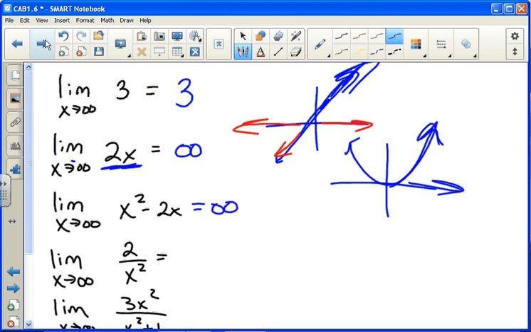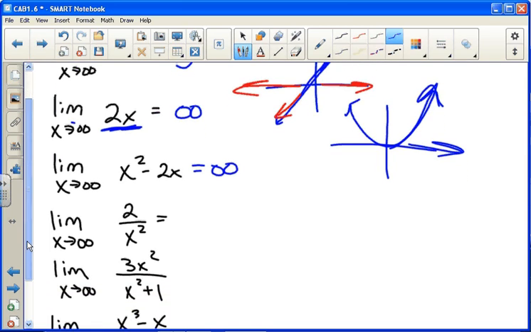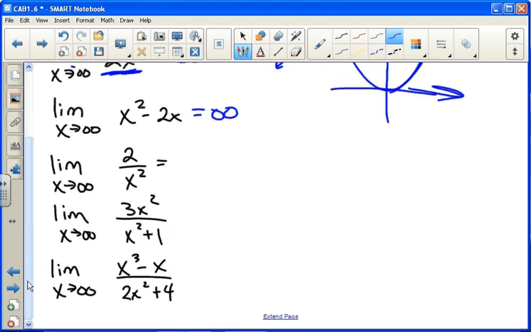Now for the fourth example, the limit as x approaches infinity for 2 over x squared. You just have to think carefully about this. I'm going to show you how to do these in the calculator in a moment, but most of these you should be able to do without. The limit as x approaches infinity of 2 over x squared. So 2 is on top and it just stays 2. X squared is on the bottom, and as x goes to infinity, x squared is just going to